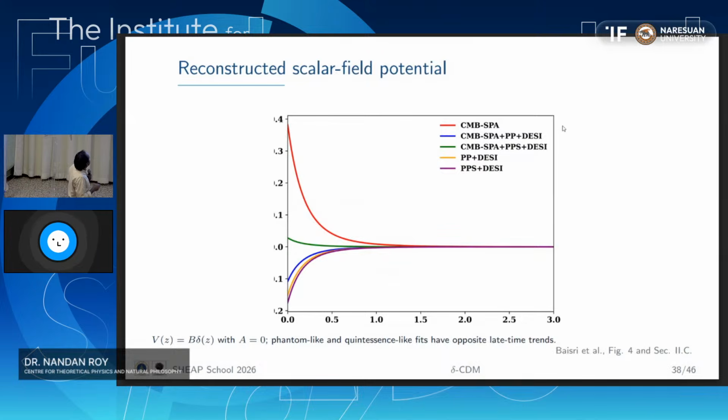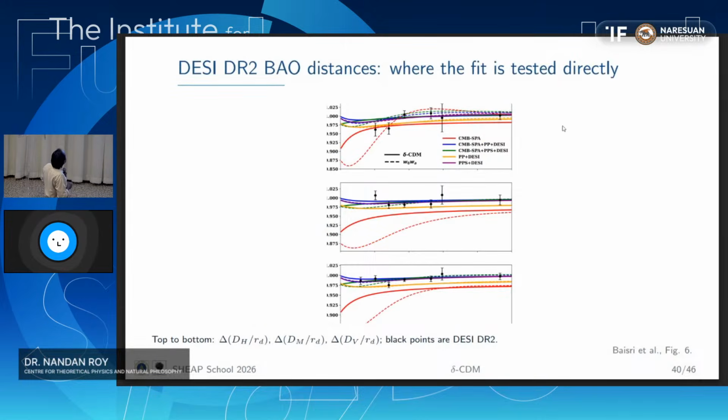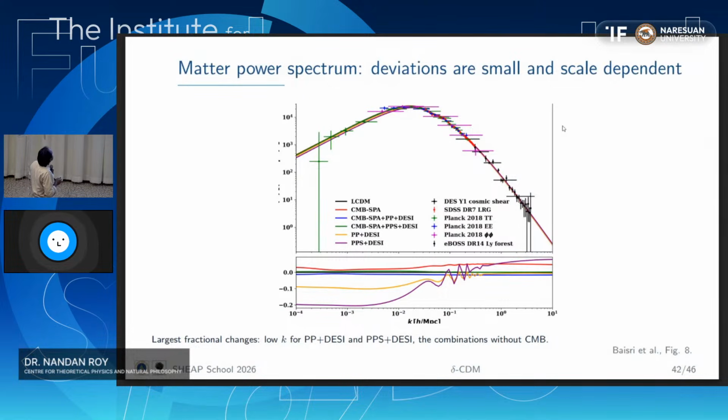The potential is, as you see, flat, and then it evolves in late time so that the field starts to roll, and you get these delta terms trying to evolve. And this is the fitting to data of AZ, and we compare with the DESI observation also. These are all background, and this is the matter power spectrum, and you see that there are deviations from CMB, because this zero line is the CMB.